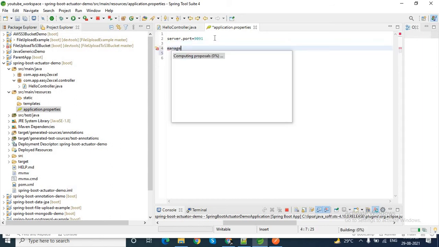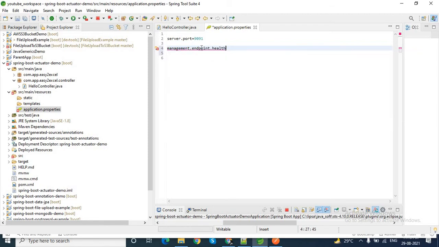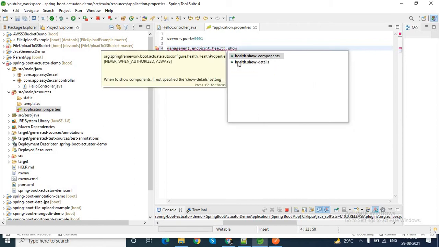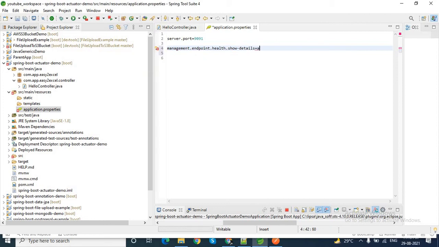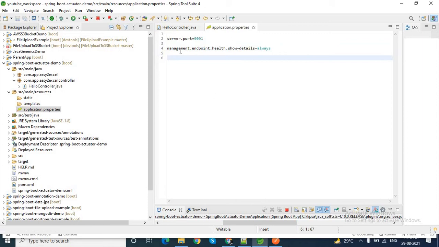Management, just remember: management dot endpoint dot health dot show details is equal to always. Okay, so this is the property you need to add if you want to see the details about health information. Management dot endpoint dot health dot show details always.